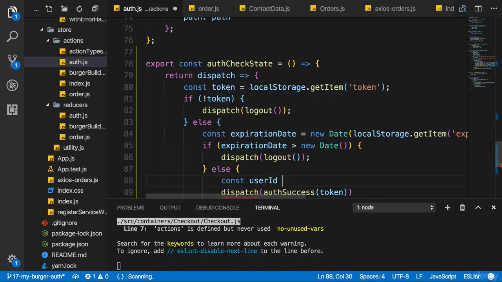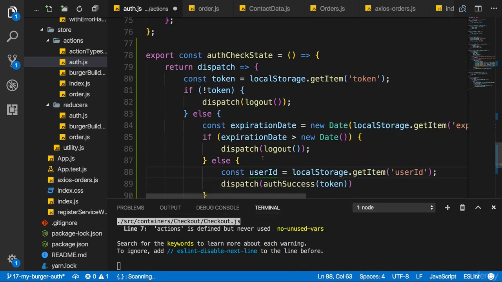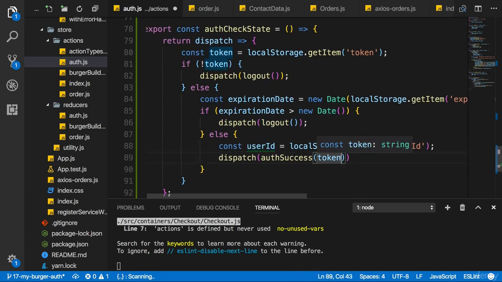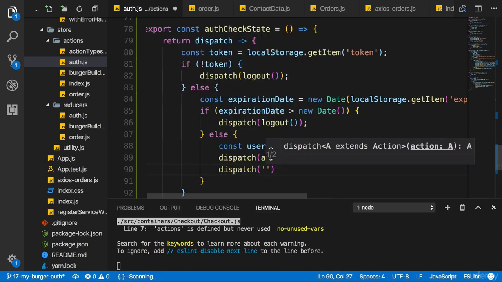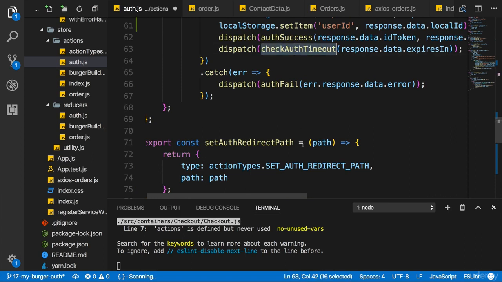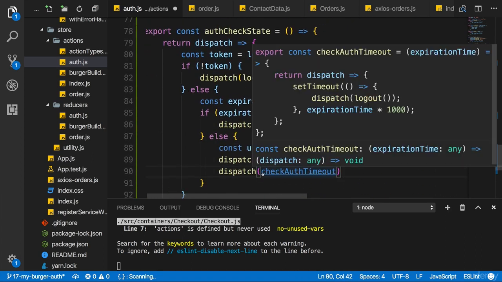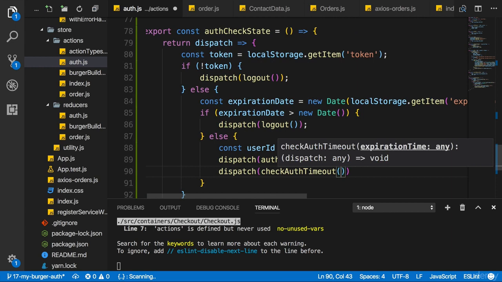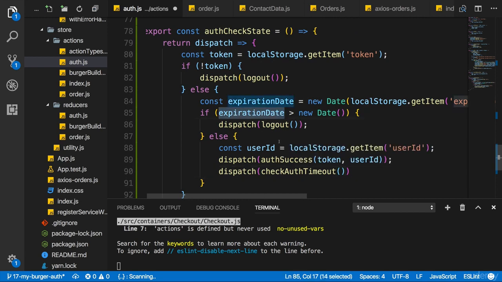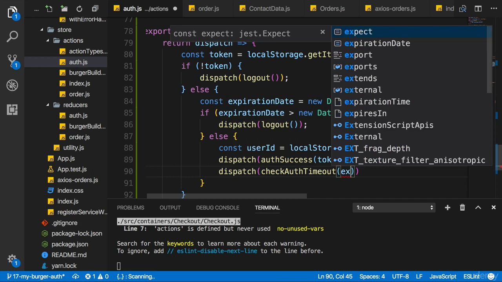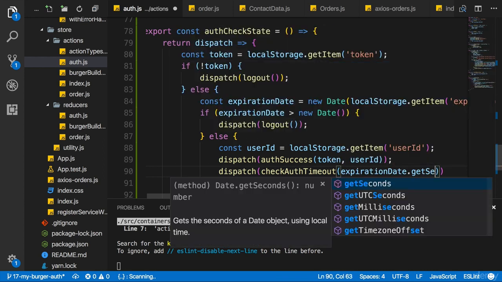So here const userId will be localStorage.getItem userId. And now I can pass this as a second argument to authSuccess. Now the last thing I want to do is I also want to dispatch this other action, checkAuthTimeout. And there I need to pass an argument which is the amount of seconds until we should be logged out. Expiration date, however, of course, is the time when we are logged out, not the amount of seconds. What we can do though is we can simply pass expirationDate.getSeconds